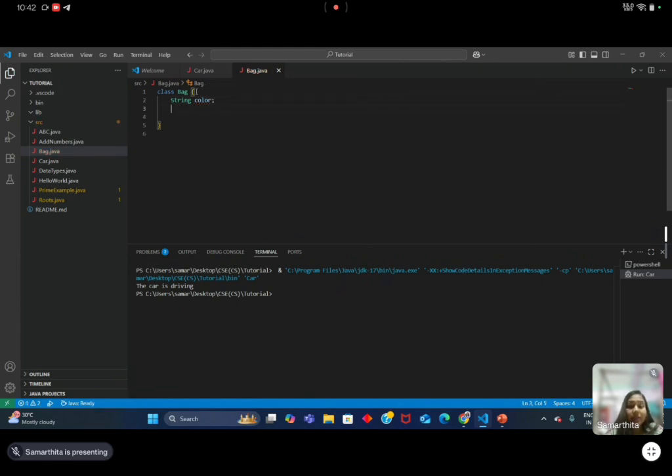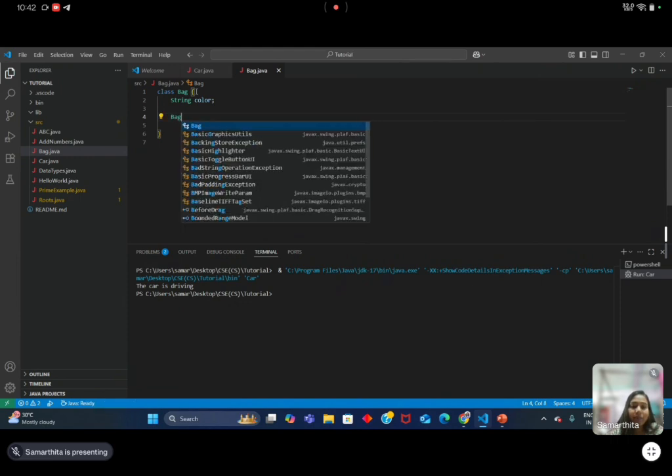And as the class name is exactly the same as the constructor name, here the class name is Bag, so the constructor name should be Bag.